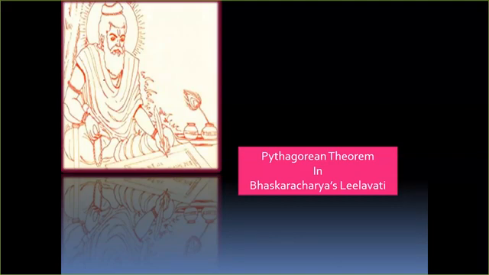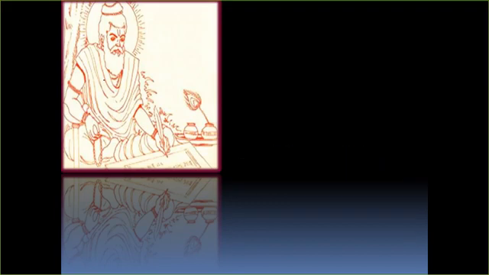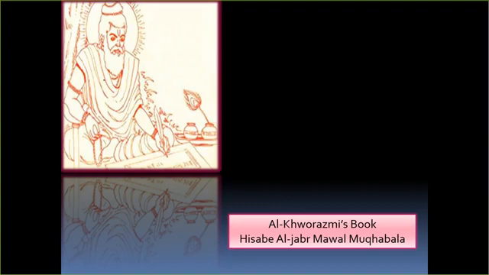Now he goes into the jungle and he says there are two monkeys sitting on a tree, and from the tree, at a certain distance, there is a koop. Koop means well. Okay, kuwa hai. Now one monkey jumps straight to the well and drinks the water. One monkey comes down and goes to the well. Who travels more? Leelavati, if you are smart, tell me. This is nothing else but the Pythagoras theorem, which we got 200 years after Bhaskaracharya.